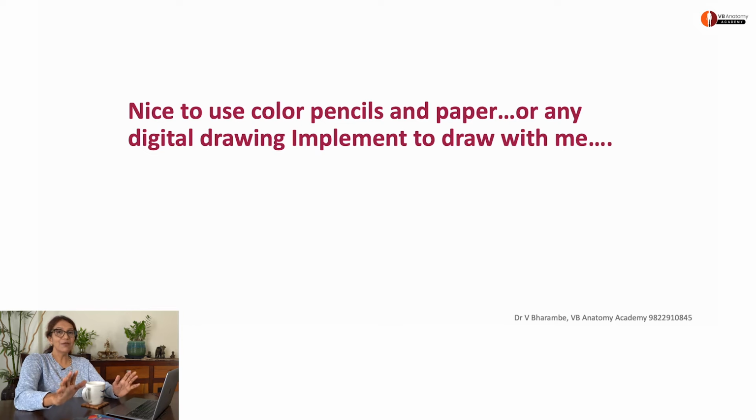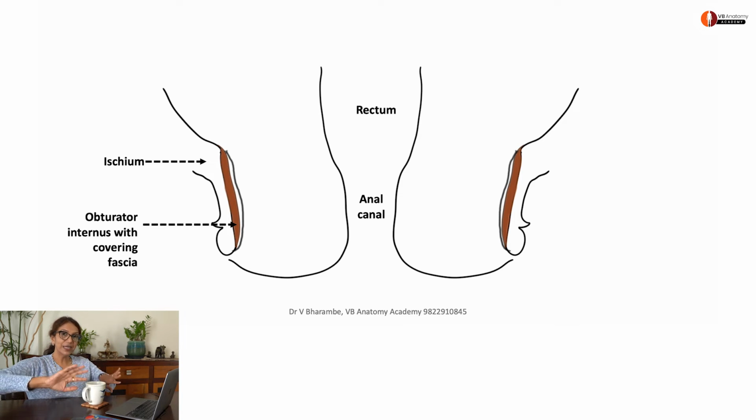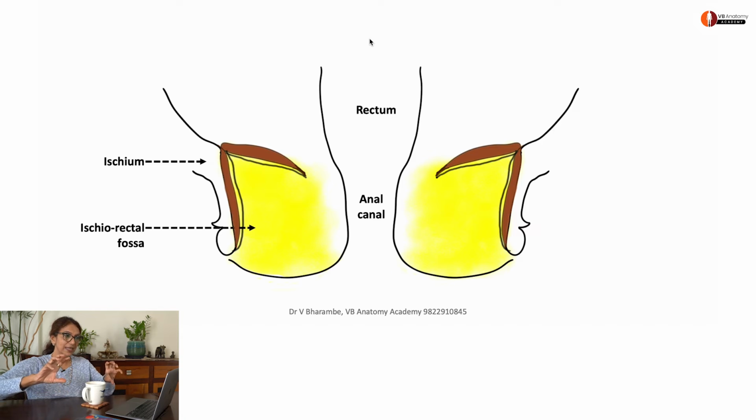So now is the time when all of you should be getting your color pencils. I know you feel like a small kid, but believe me, I personally, even at this age, learn by drawing. So it really helps because it keeps you entirely occupied. So now let's see if you can draw the rectum and anal canal, and on the side here are the ischial walls, lined by the obturator internus covered by fascia. Here's the levator ani now coming in, forming the pelvic diaphragm through which the rectum is passing. On either side, the rectum and anal canal is supported by the ischiorectal fossae.